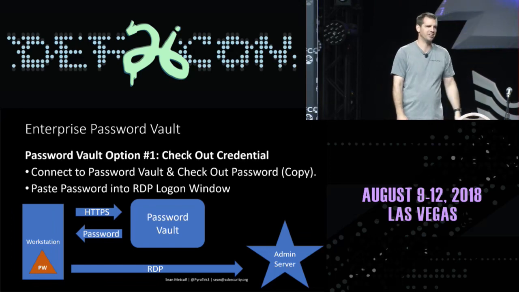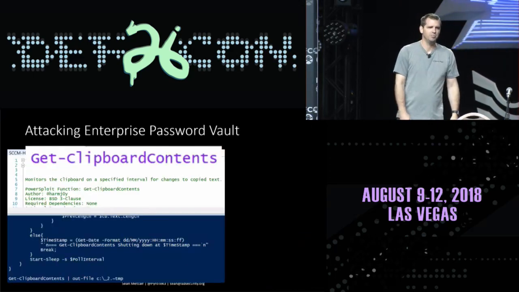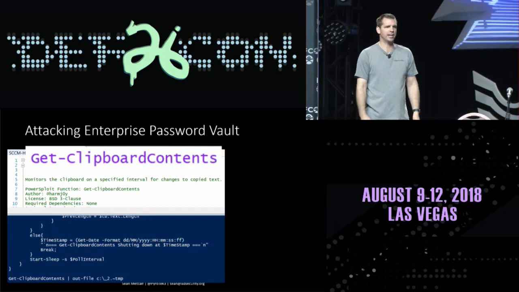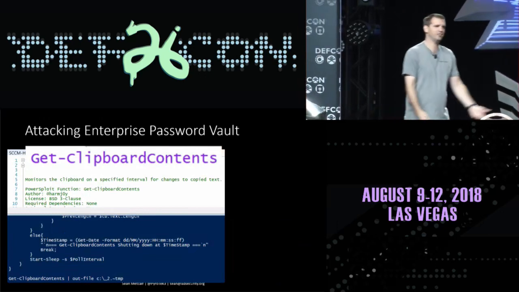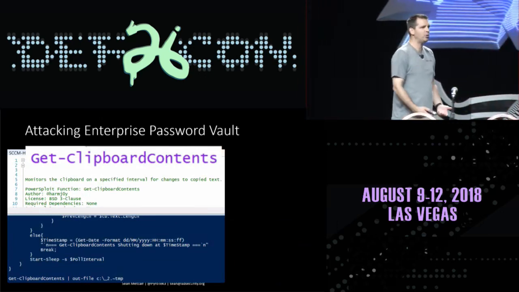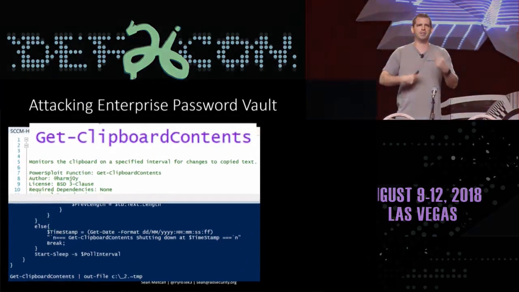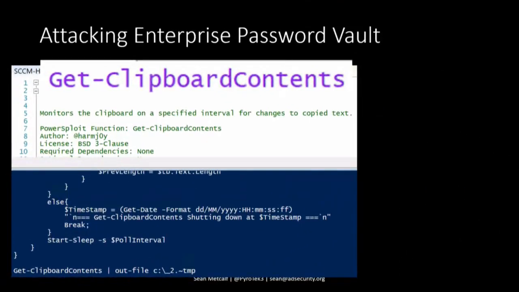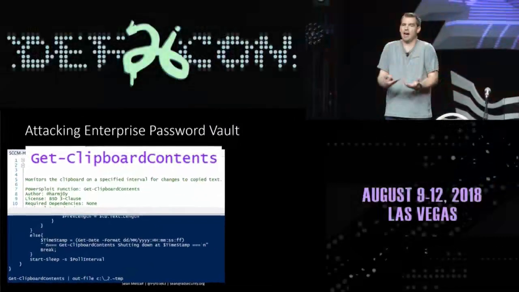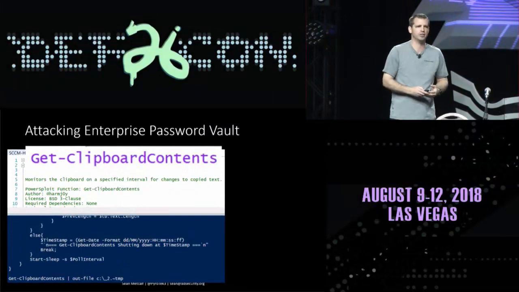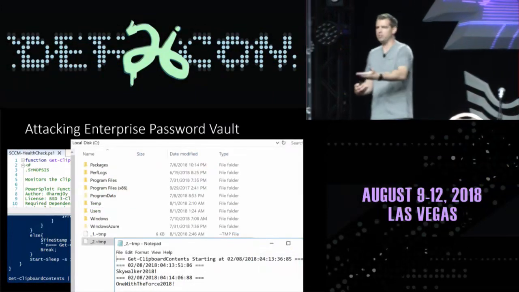There's a password on that workstation in the clipboard, but we can use another PowerShell exploit function called Get-ClipboardContents. So we can do kind of the same thing as before. Malware has been doing this for years where they're monitoring the title windows in web browsers. So if they see certain bank names, they see financial, they see password, they see logon, they screenshot, they keylog. You can also do clipboard scraping. And then from that, they have the information that's going into that web browser. So we can gather that, and the same thing sort of happens.